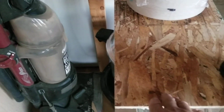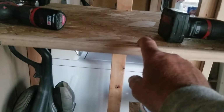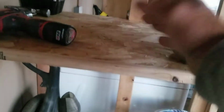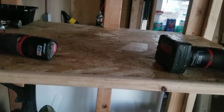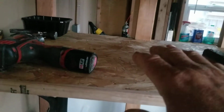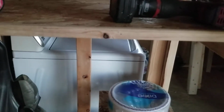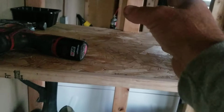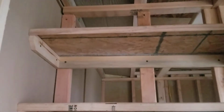I've got more of this OSB in there, and I just put pine trim on the outer edge of it. So this one big shelf is the only one that's going to be a deep one from this point up, and this is probably going to have a lot of my dry goods, canned goods, things like that will all be right here, because that's where it's easy to get at. Now, the stuff that goes all the way up on the top is going to be